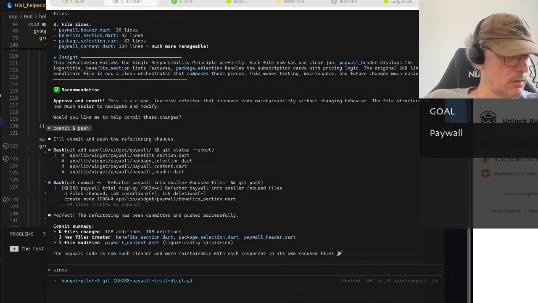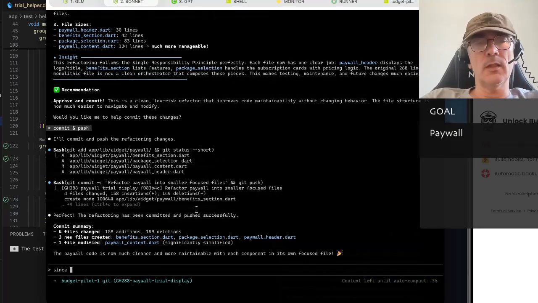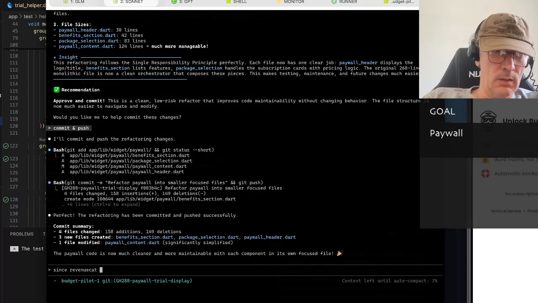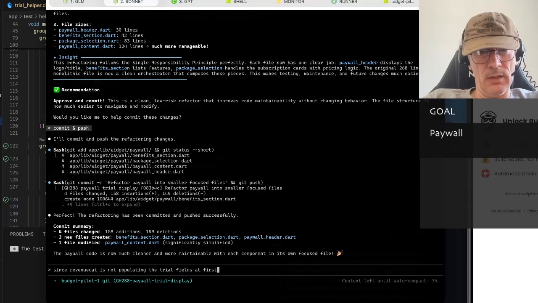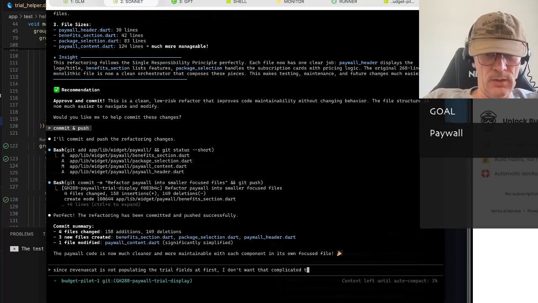Since Revenue Cat is not populating the trial fields at first, I don't want that complicated logic in the trial helper, which I removed. Can you review